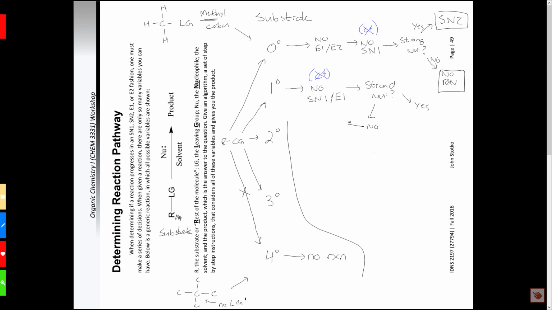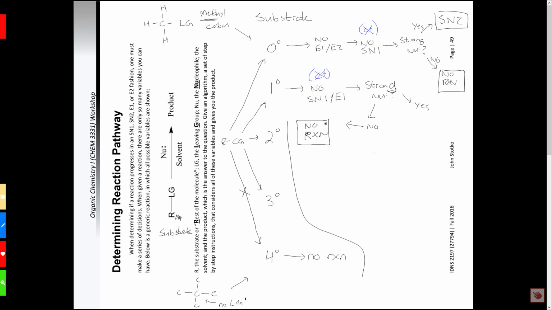If it's a no, then it's not a reaction. You need a strong nucleophile for both E2 and SN2. The difference between E1 and E2 is the same difference between SN1 and SN2. In other words, your first order reactions happen in 2 steps. Your second order reactions happen in 1 step. So in both cases, either E2 or SN2, your nucleophile needs to be strong enough to make it happen in 1 step. If it's not a strong nucleophile, then there's no reaction,